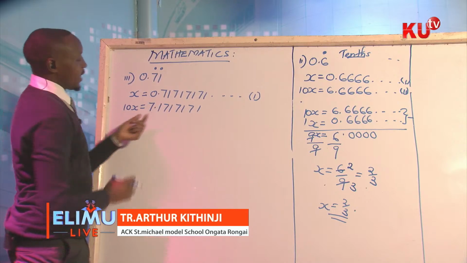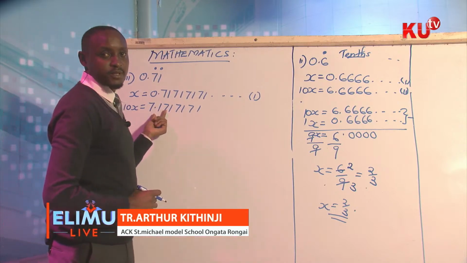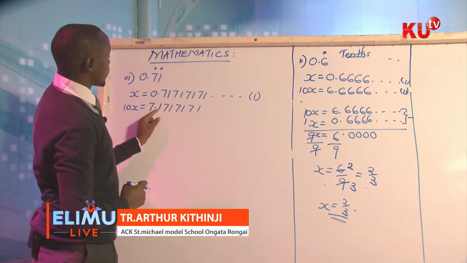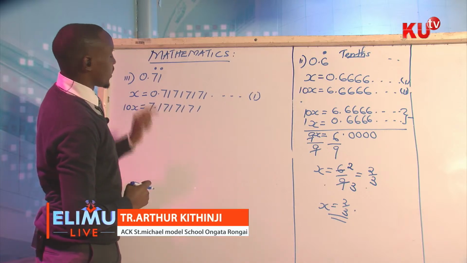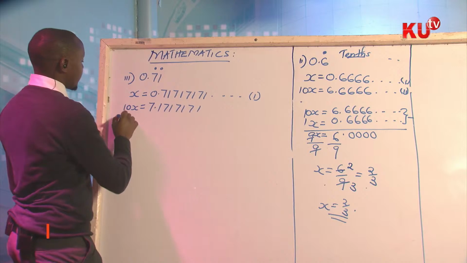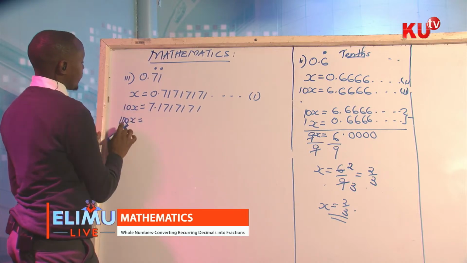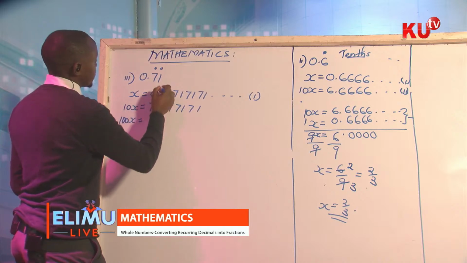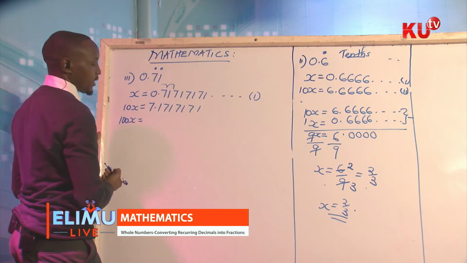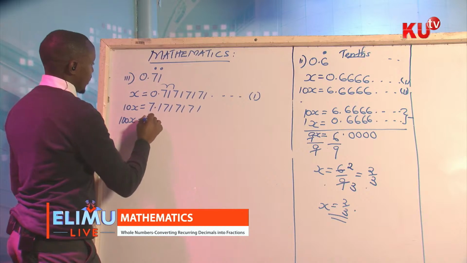You see now, in the tenths place, we cannot subtract 7 and 1 and get 0. So we'll try 100x. We multiply this original number by 100, which means we move this decimal to the right twice. So that means our answer will be